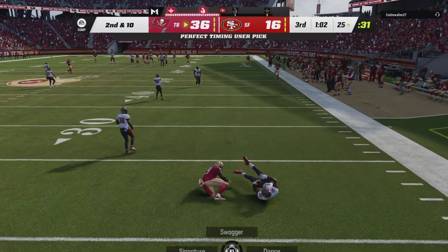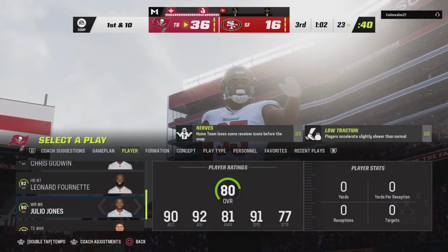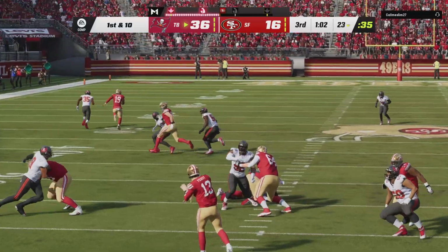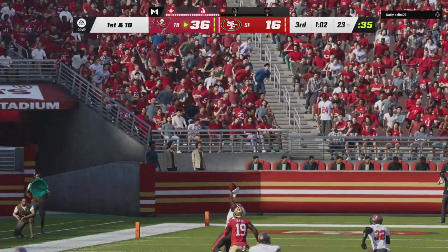And he's going to be intercepted a third time. Picked up by Jamel Dean. And the Buccaneers are going to get the football here at their own 23. Certainly not what he was hoping for, Charles. That's now 3 interceptions in this ball game. But there's a lot of knowledge to be gleaned